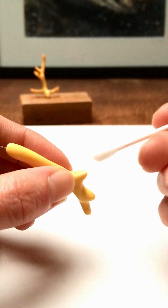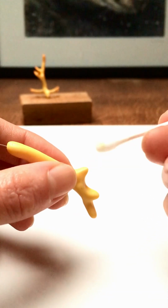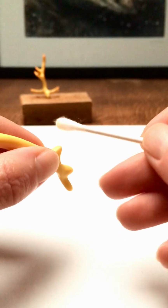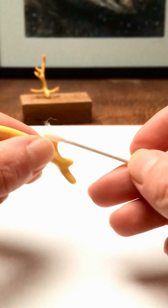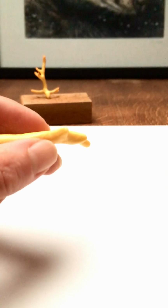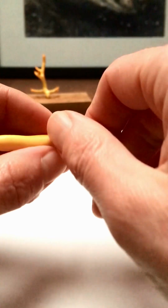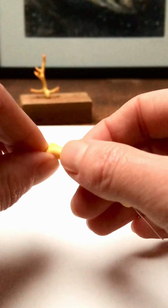The surgical spirit kind of dissolves the top layer of the clay, and you can take off bits of dust, dirt, smudges. It's also quite good for smoothing out if you get fingerprints and things on, or little rough marks that you don't want. So before you cure it, this is a